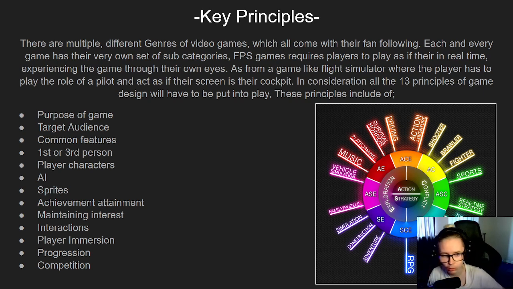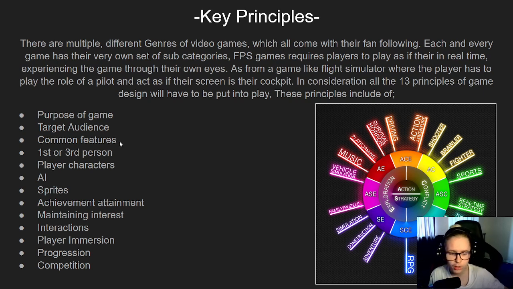As you can see down below, I listed all the principles and a picture. I believe there may be more here, not too sure. But these are the principles you need to follow for game designing. The audience has to know why you're making the game. What's the purpose of it? The client needs to know who you're aiming your game at. Are you aiming it at young kids? Are you aiming it at teenagers? Or are you aiming it at more older adults?